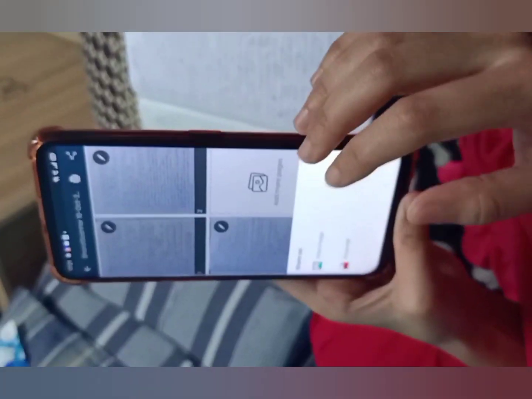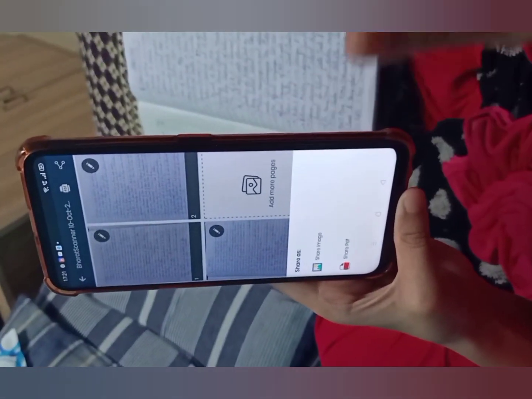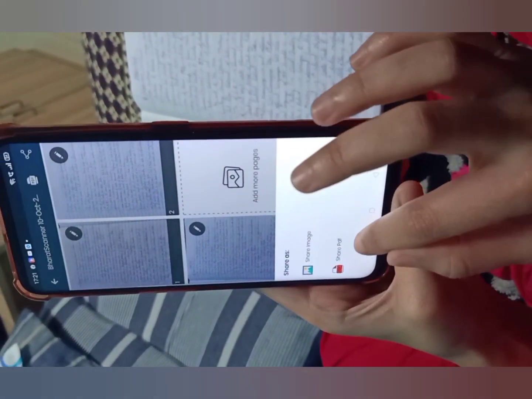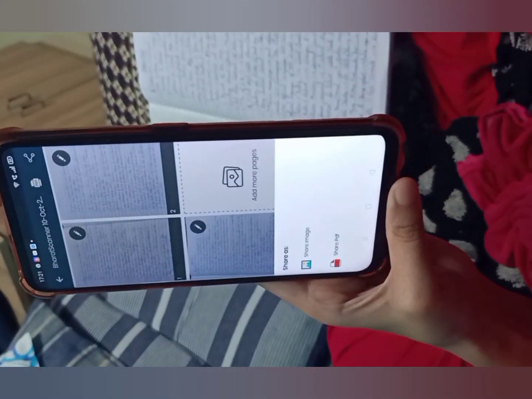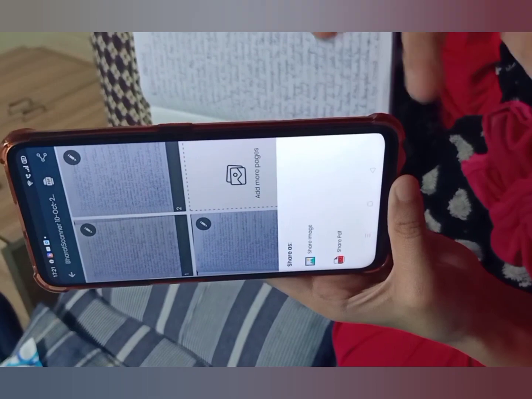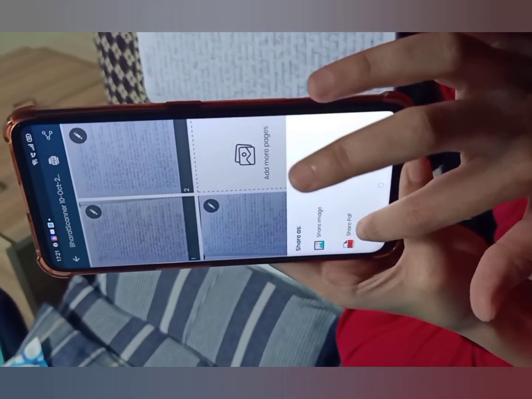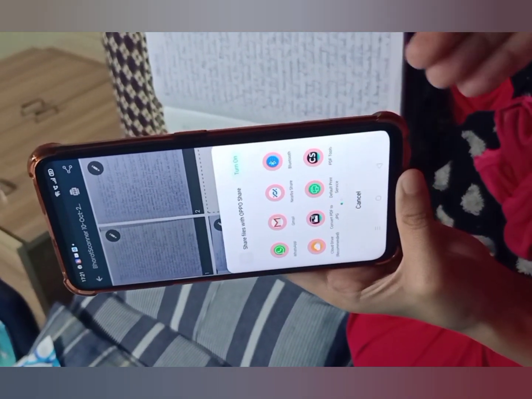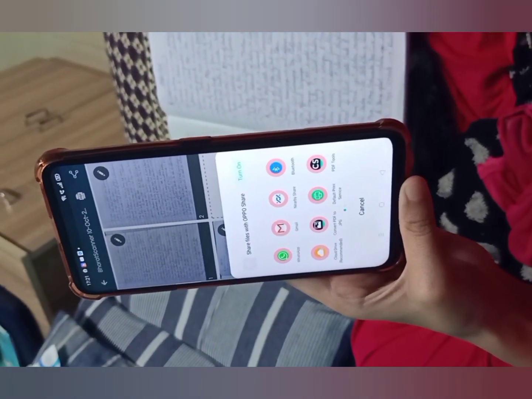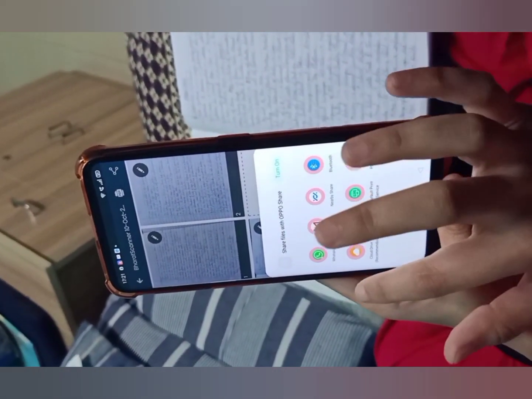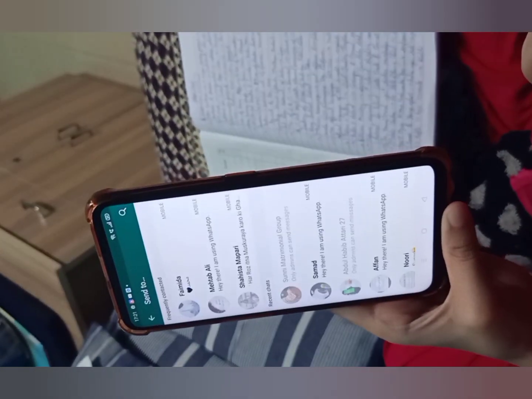If you share the image, separate images will be sent to the contact which you are sending to. So share the PDF, so that the combined images of these three images will get compressed into a PDF, and then it will get sent to whatever contact you want to send. Now if you want to send this via WhatsApp or Gmail, whichever option you feel comfortable with, but here you need to send via WhatsApp. So click on WhatsApp.